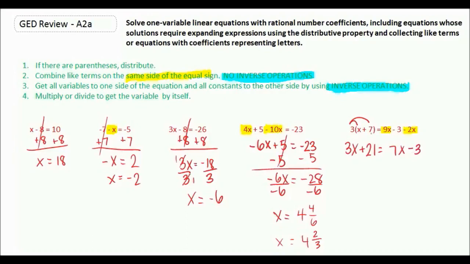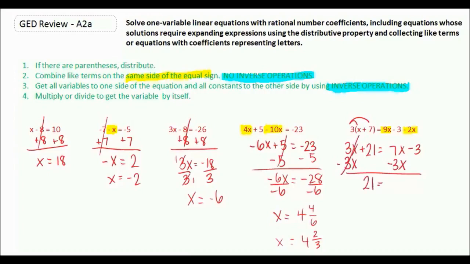Now we need to get all our variables to one side and all our constants to the other side using inverse operations. We actually have two options here. We can either get these 3x's over here or these 7x's over there. We could say let's get rid of 7x by subtracting it, which isn't bad, but in this case it's going to make my coefficient negative. So what I try to do is rearrange it so that my x stays positive. So instead I'm going to say let's get this 3x over there by subtracting 3x,